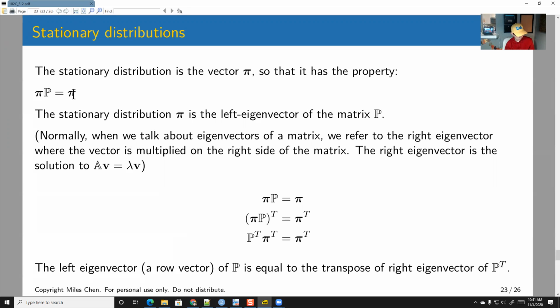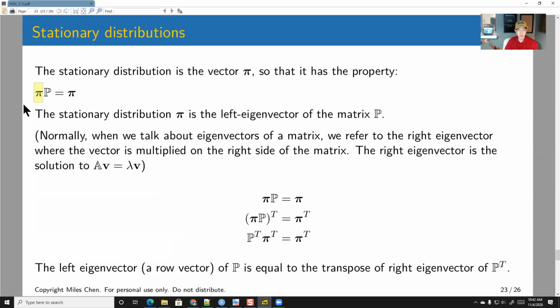Second quiz answer tonight for today is D. D as in dog. Okay, second quiz answer is D. D as in dog. All right, and so this vector pi is what we call the left